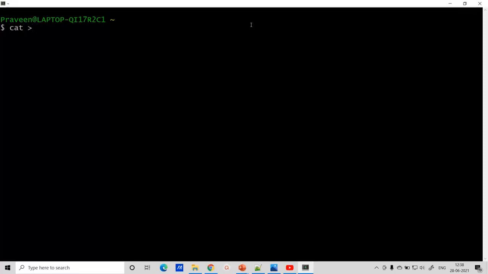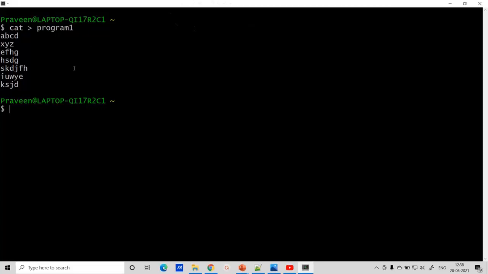I'm going to write the file name as program1. I'm going to write some lines like A, B, C, D, X, Y, Z, E, F, G, H or something, some random input like that. I'll use Control D, and the file will be created. So I've created a file called program1.